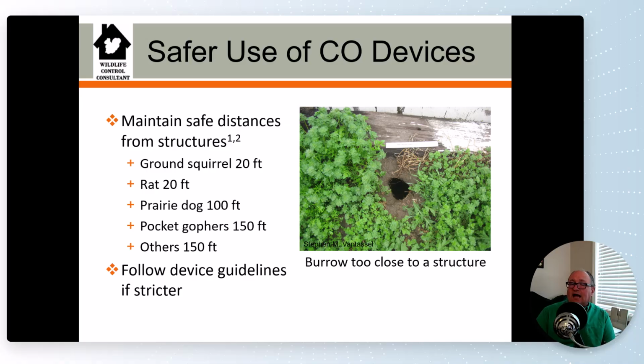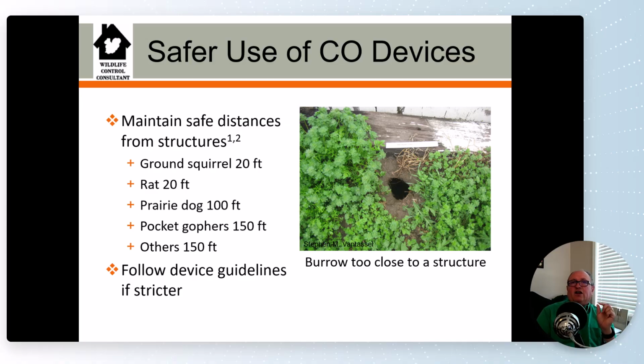These are guidelines in Colorado that govern how close you can get to a structure when you're treating the burrows of certain animals. Ground squirrel, 20 feet. Rat, 20 feet. Prairie dog, 100 feet. Pocket gophers, 150 feet. Everything else, 150 feet. So if you're using a carbon monoxide injector, a carbon monoxide device, the rule of thumb